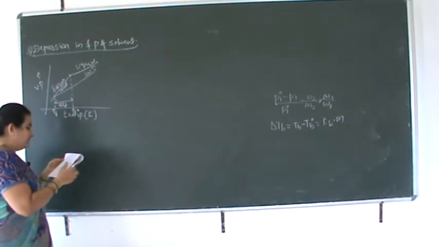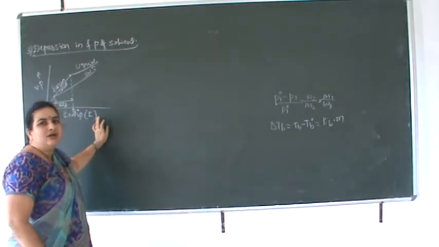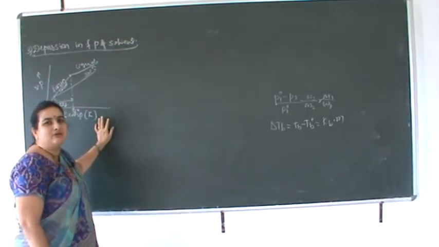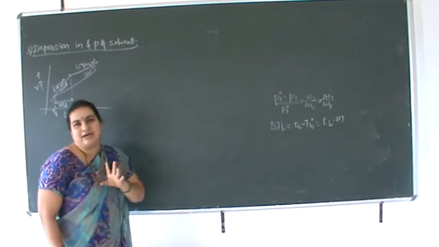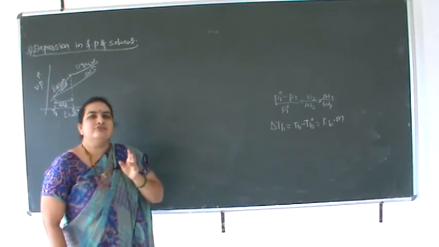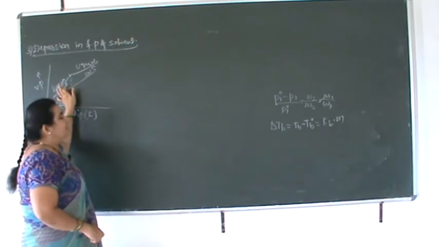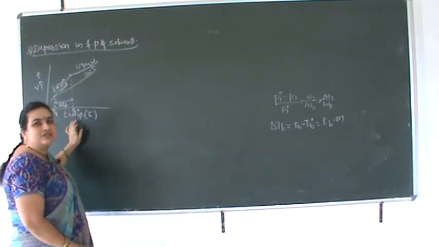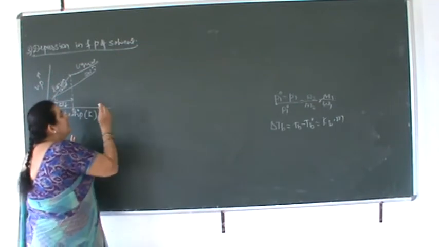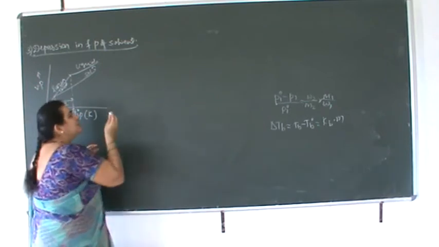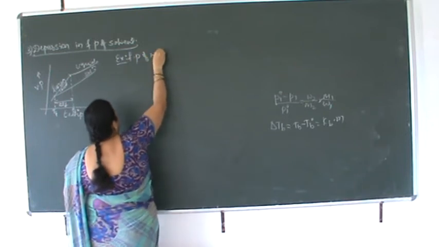So see here, freezing point is the temperature at which the vapor pressure of liquid will be equal to the vapor pressure of the corresponding solid. In this way we can define it. Or another statement is that the freezing point of a substance is the temperature at which the solid and liquid curves for vapor pressure versus temperature intersect each other. So see here, example, the freezing point of water is equal to 0 degree.